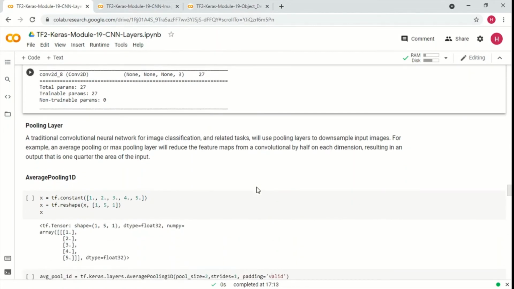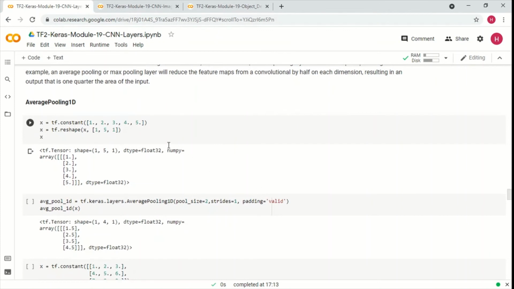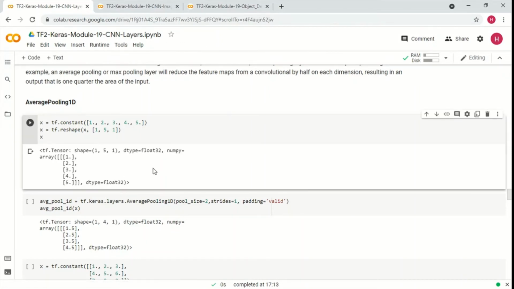Now coming to the pooling layers. Pooling layers, as we discussed, reduce the samples. So if you have this original shape of 1 2 3 4 5, and we are giving it as one batch of 5 steps and one input dimension, we are going to apply the pooling to it.